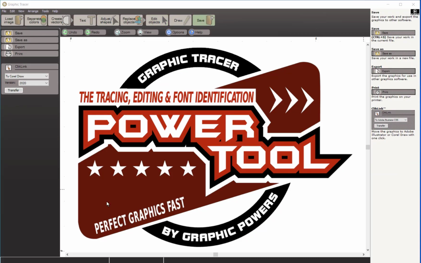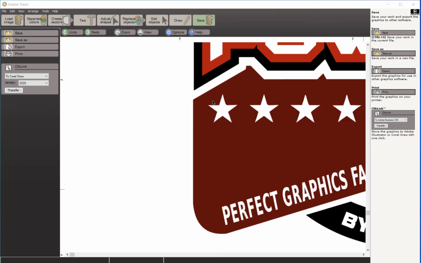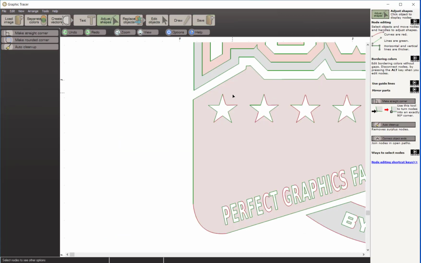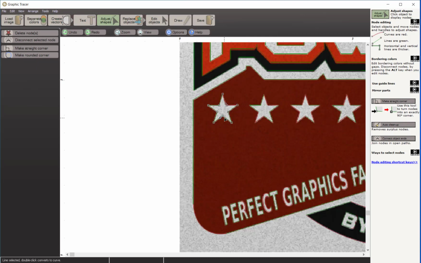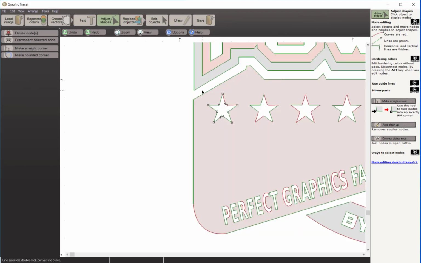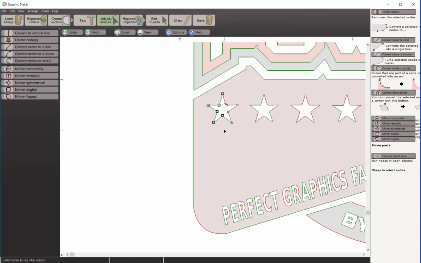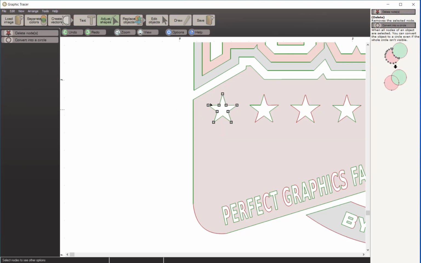I do see we have the stars left to clean up here, so we're going to zoom in on these stars and we're going to just clean one of them up. I'm going to click on the adjust shapes where I can see one of the stars, and I'm just going to clean up half of this star. You can see if I hold my space bar down, you can see my original bitmap in the background. So with half of that star cleaned up, I'm going to choose just this good half right here, and with half of that selected, I'm going to mirror that horizontally like so,